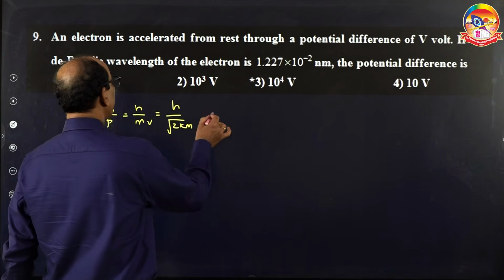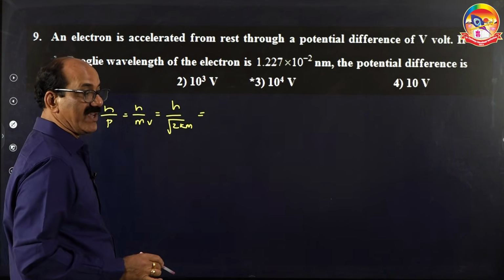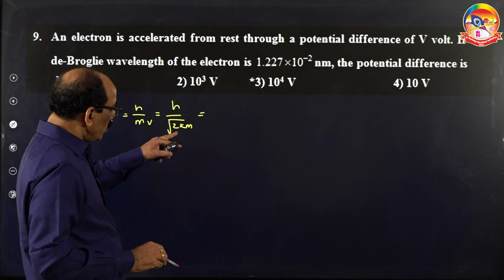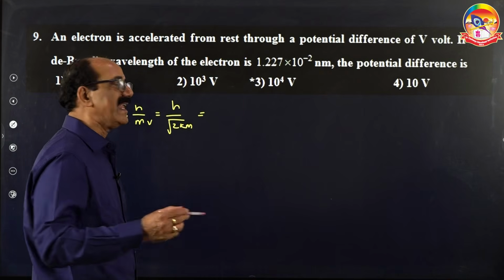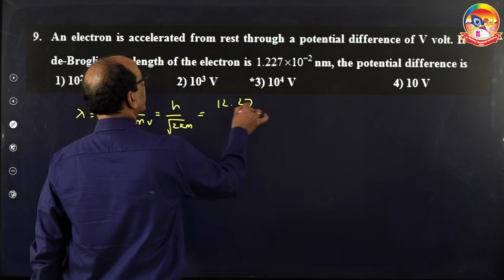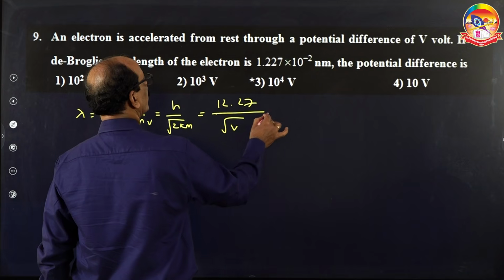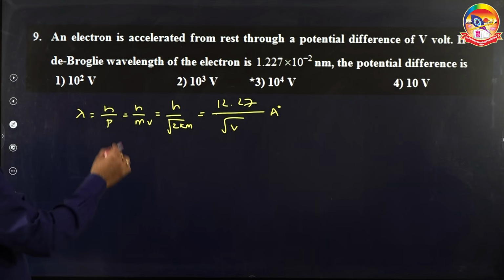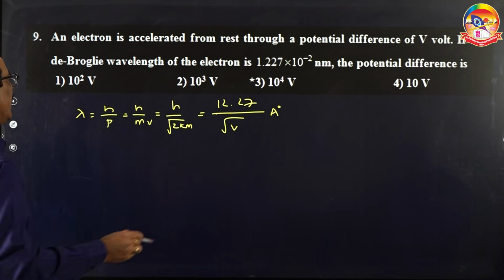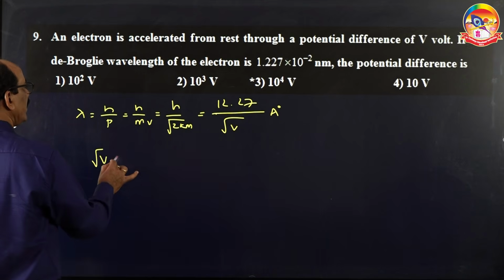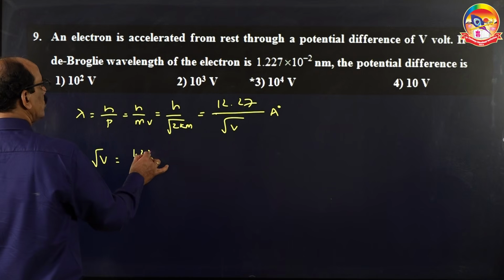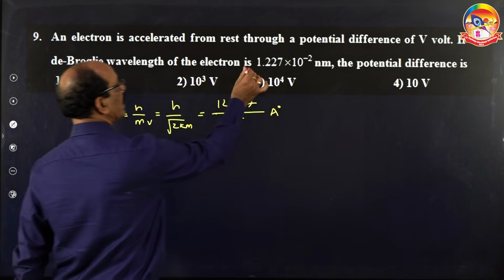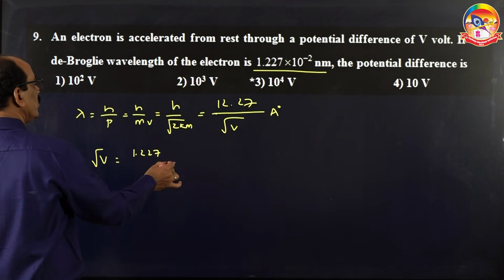Also we arrive at a very shortcut relation. If an electron is accelerated through a potential difference of V volts, we can make use of this relation, no doubt, but it becomes lengthy. But we learn a shortcut relation, 12.27 by root V angstroms. So we can make use of this relation to arrive at the answer. You are given that root V is equal to 1.227, because I have written here in angstroms, but it is given in nanometer. So 1.227